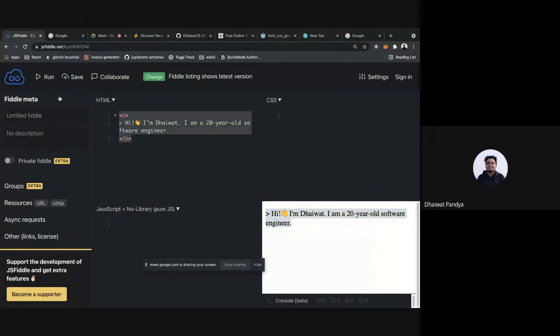Okay, but without HTML, there is no point of CSS, because CSS styles the content that is already there, if that makes any sense. If there is no content, then CSS cannot do anything. And same goes for JavaScript. There is no point in writing JavaScript if there is no HTML on your page. Okay.